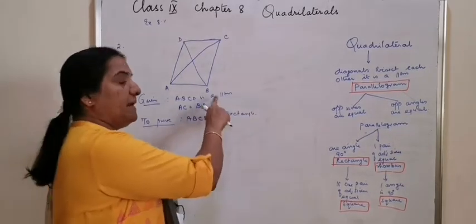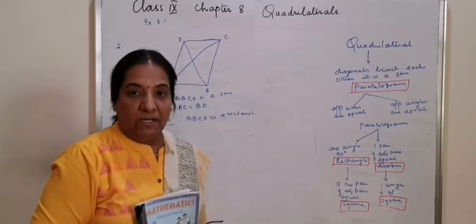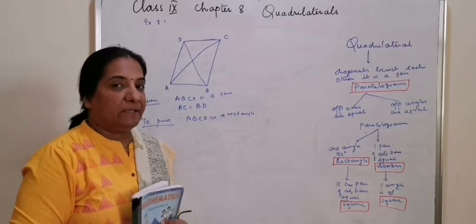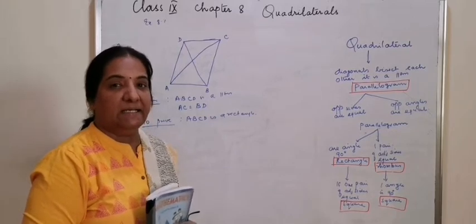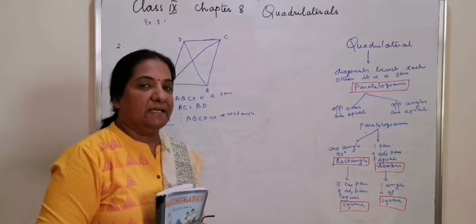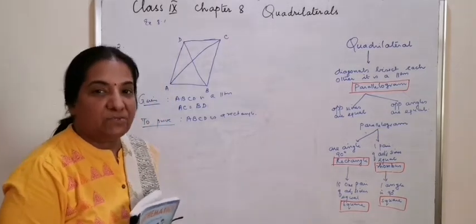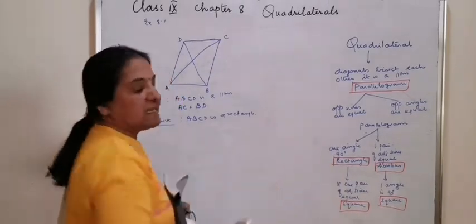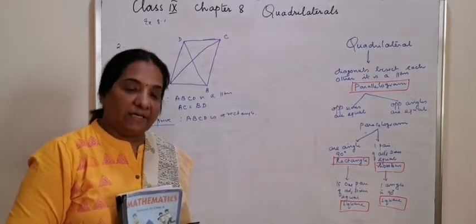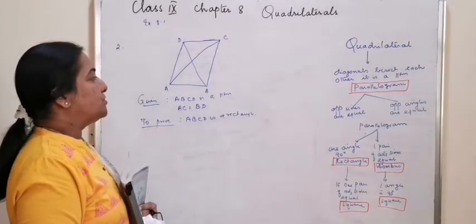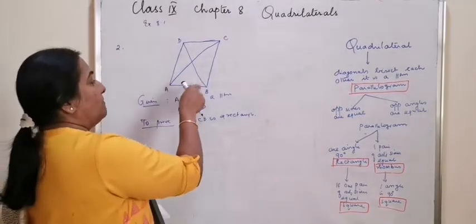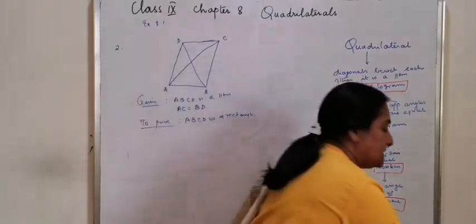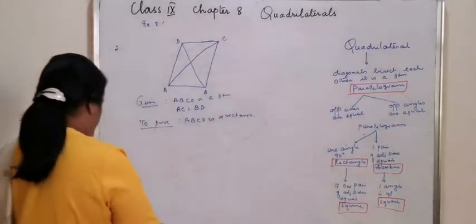Now, a parallelogram already has opposite sides equal. So, a rectangle also has opposite sides equal. To prove that the parallelogram is a rectangle, the important property of a rectangle is that each angle is 90 degrees. That is why we derived the condition that a parallelogram in which one angle is 90 degrees is called a rectangle. So now our concept is to prove either A or B or C or D is a right angle. For that, let's take the help of triangle congruence.